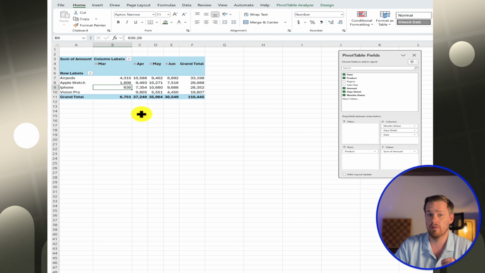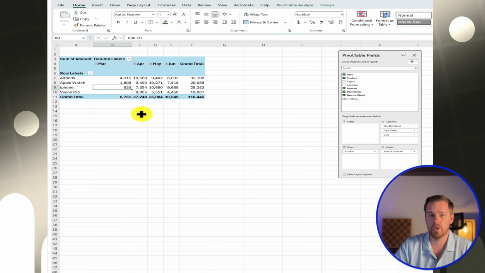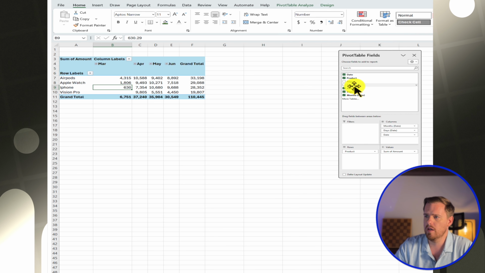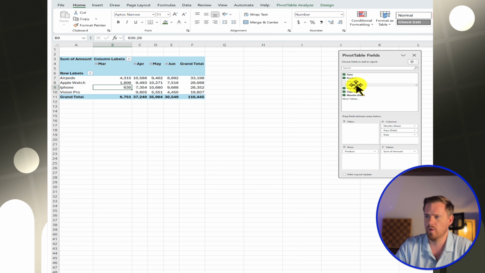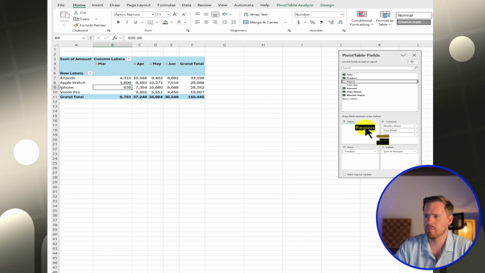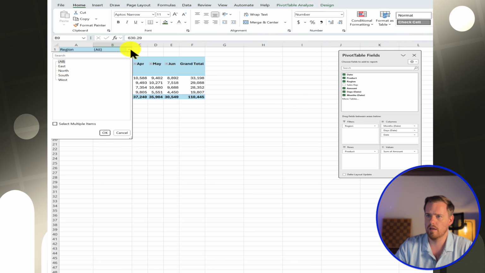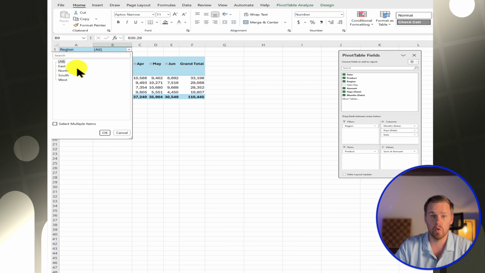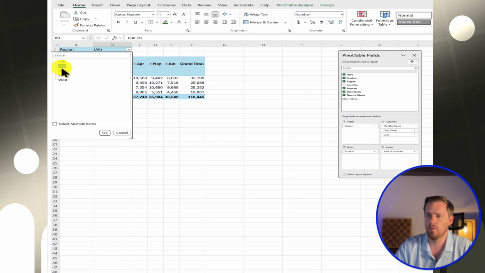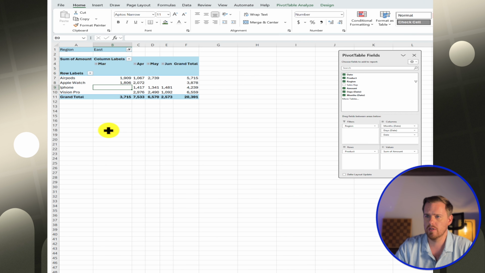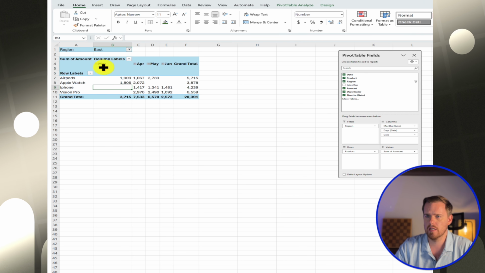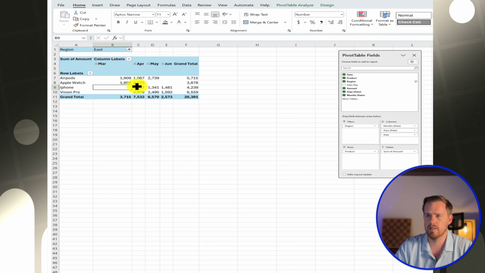That way we can easily take a look at what the product sales were in which month. In addition to that, we can also add multiple filters as well. So let's say we want to take a look at a specific region for their sales, and we want to filter on one specific region, or we can select multiple at the same time. So let's say we want to see the East region sales. We can filter on East, and then we see all the associated sales by product by month for the East